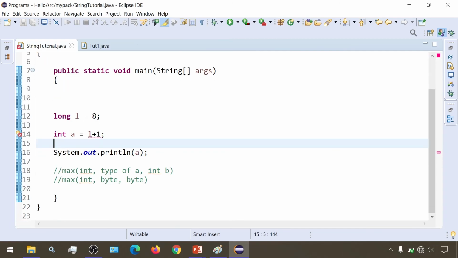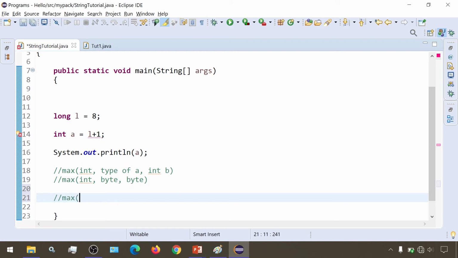So what is happening here is it will take the max amongst the type of this operand and the type of this number. Here this operand is of type long, and the type of this number doesn't matter, but we'll assume that it is int.